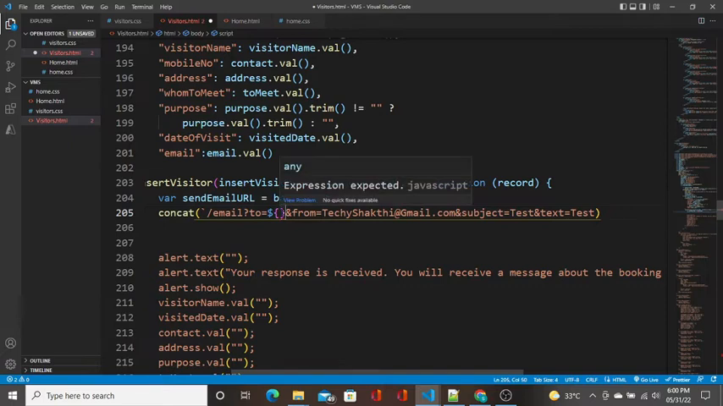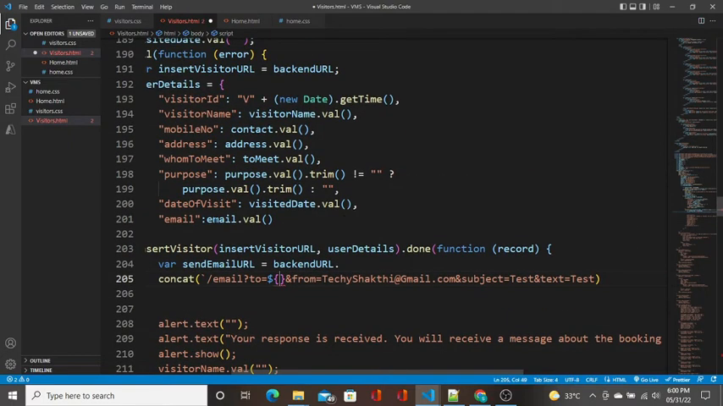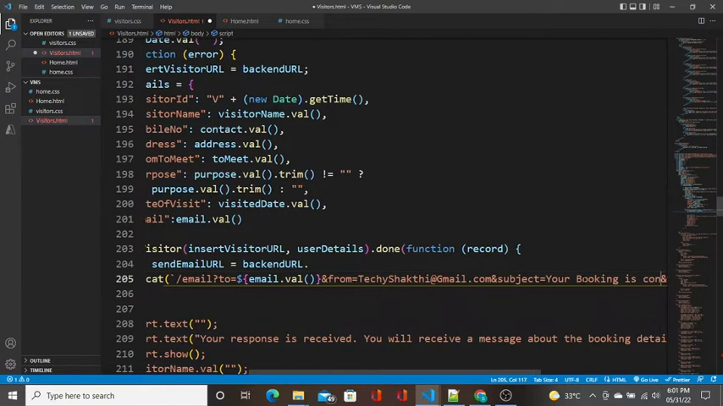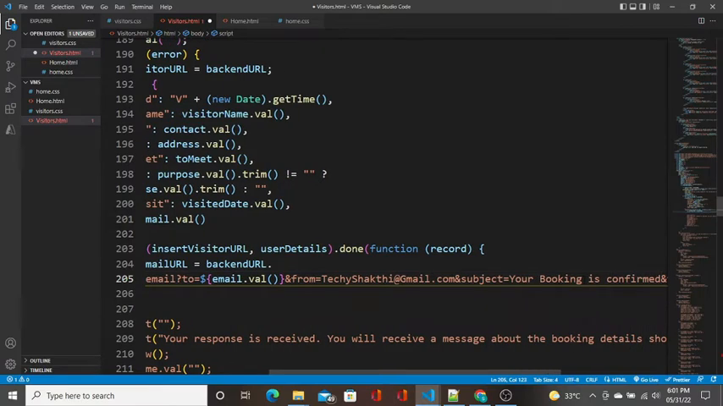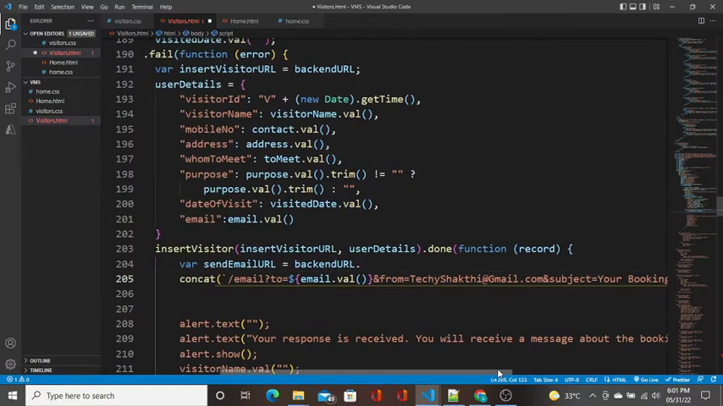So here what is going to come is the email. Okay, so this one, email.val. Okay, so from, the sender is going to be the same as this, and subject is going to be your booking is confirmed. Okay, and